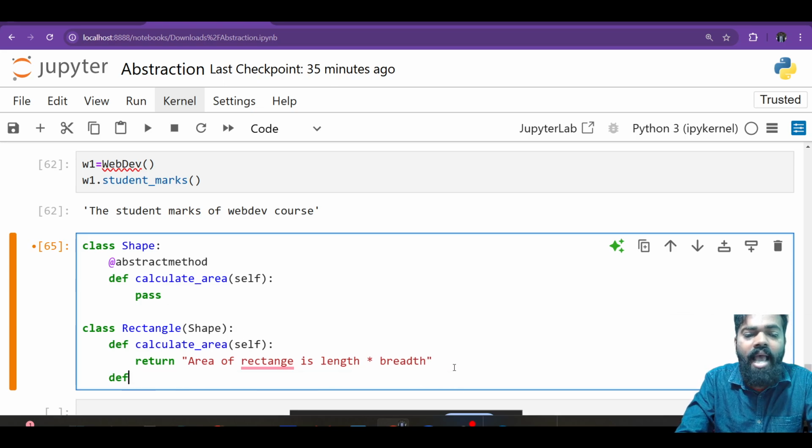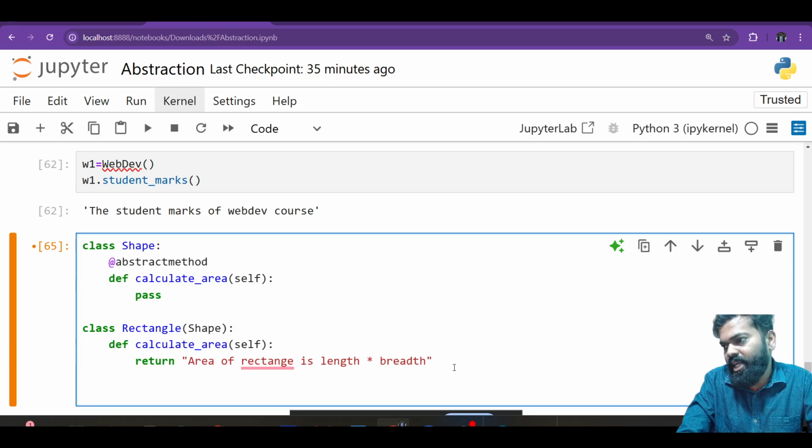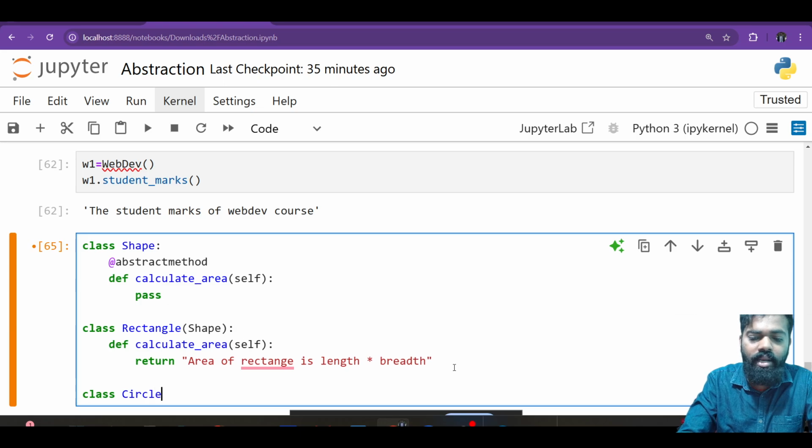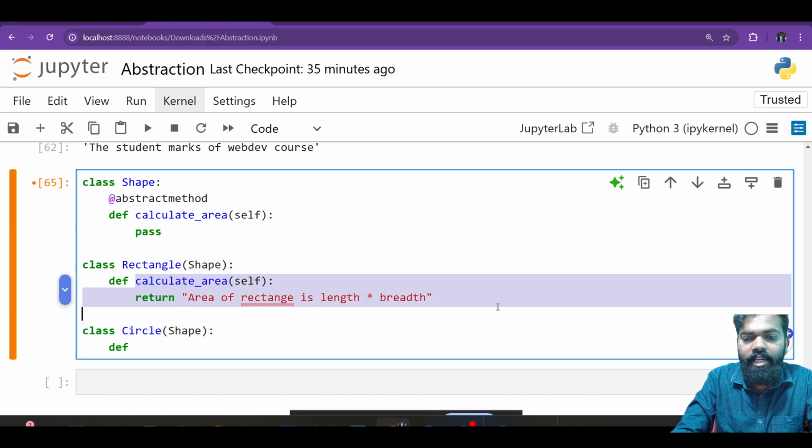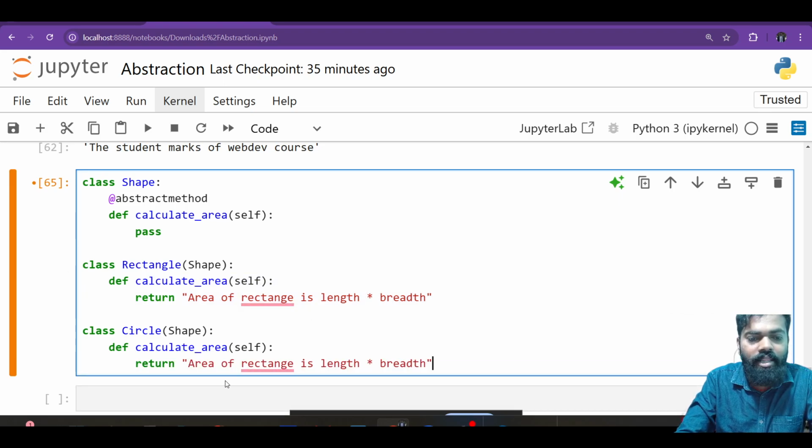Then again, we can have another class. So what can be the other class? Let's say class Circle, and again it will inherit from Shape. Here def calculate_area again, which I will copy paste. This time I write pi r square, whatever formula it is, 3.14